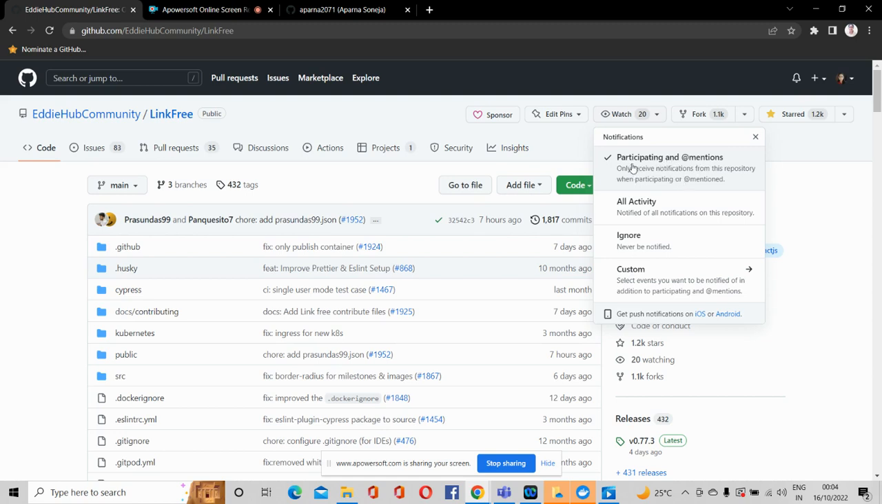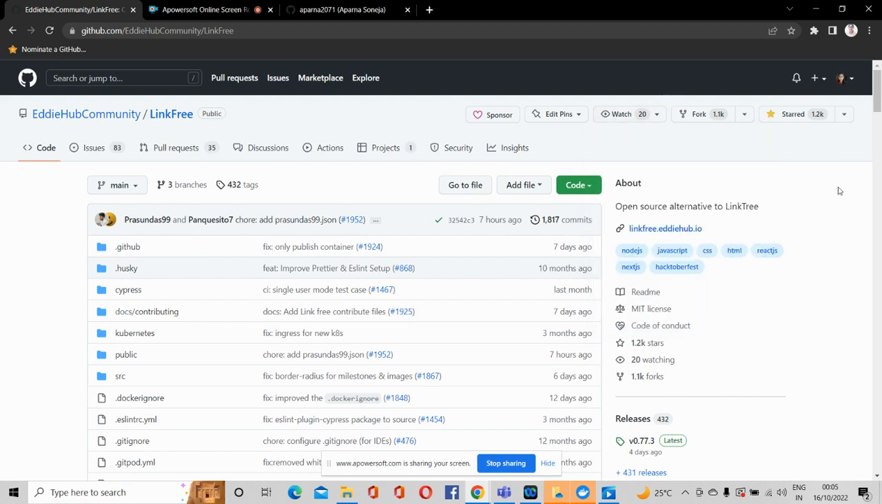So there are some options, like the first option is participating in @mention. So whenever anyone from this project mentions you by tagging you, okay, then you will get the notification. And the second option is all activity. If you want to be notified of any activity that is done on this project, then you should click on all activity. Okay, and if you do not want any notifications from this project, then you can click on ignore. Okay, so watch is for notifications,